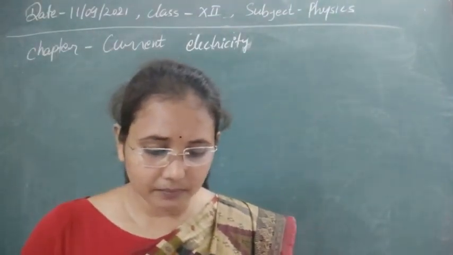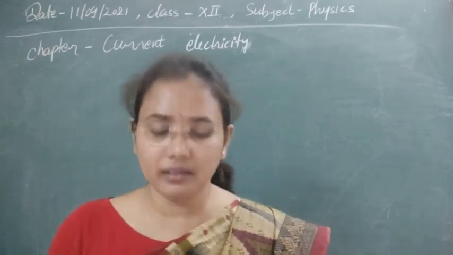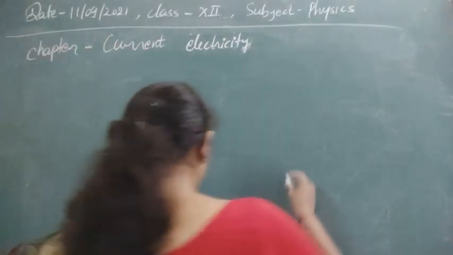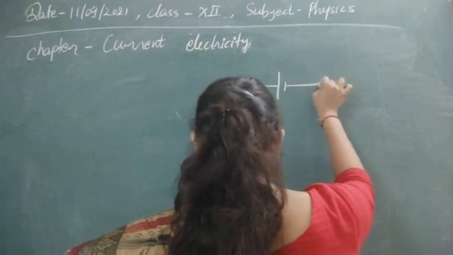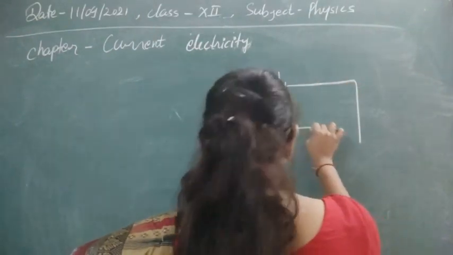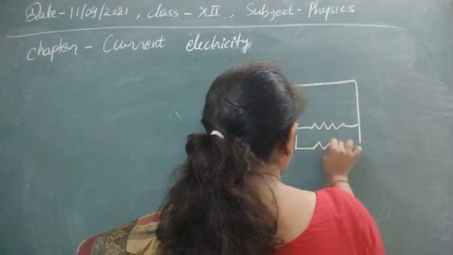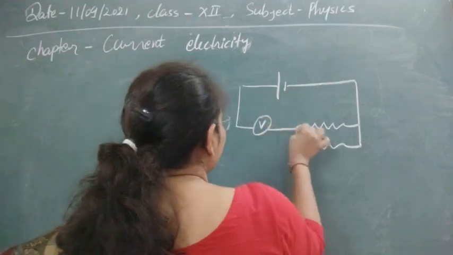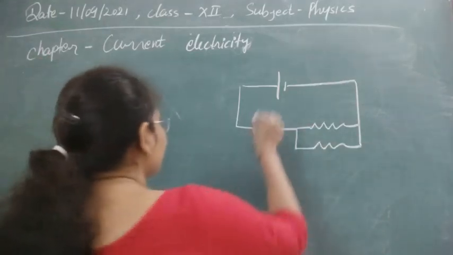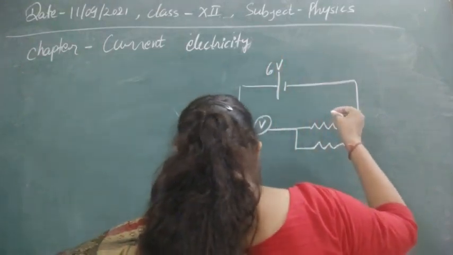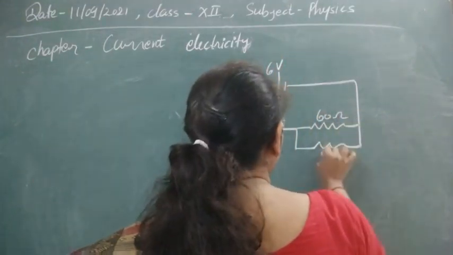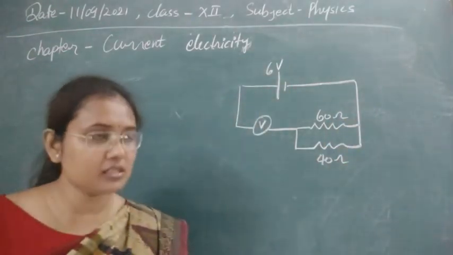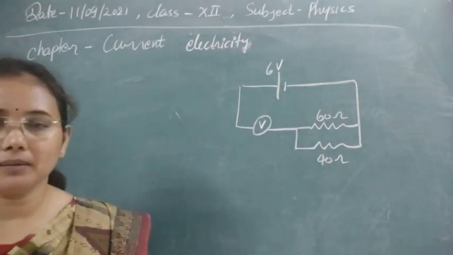Now the next question is: the measurement of voltmeter in the following circuit is. We have to find out what is the measurement of the voltmeter, and here a circuit is given, a potential source is connected and 2 resistances are connected. Here the combination of 2 resistors is given, and a voltmeter is connected just here, and the potential is given, that is equal to 6 volt. The resistances given are 60 ohm and 40 ohm. Now we have to find out what will be the potential measured by the voltmeter.